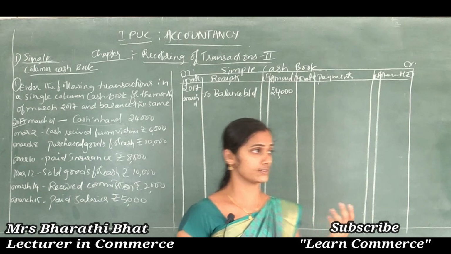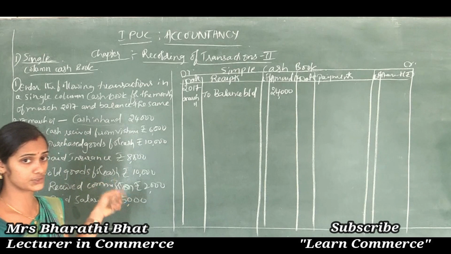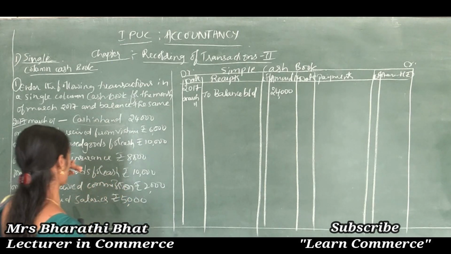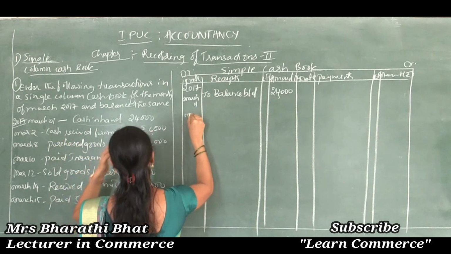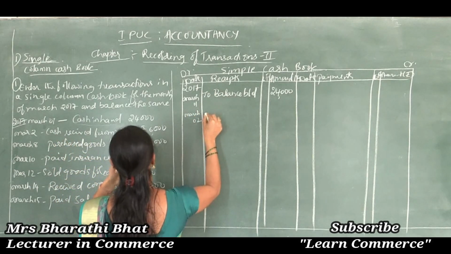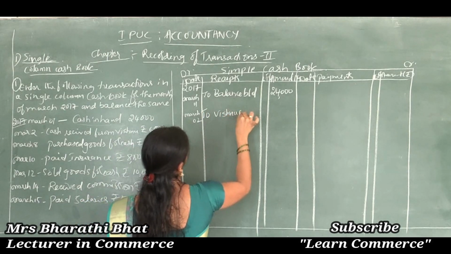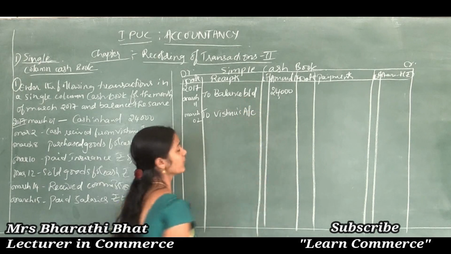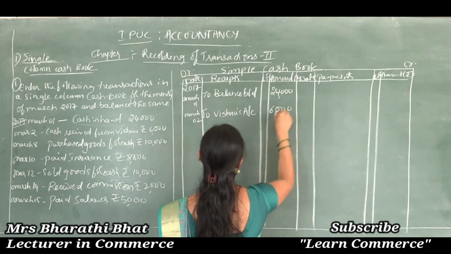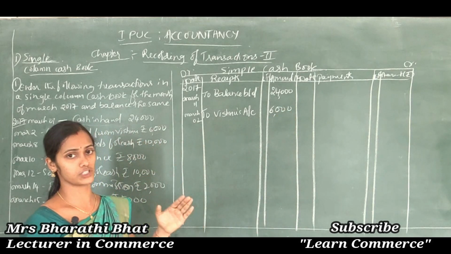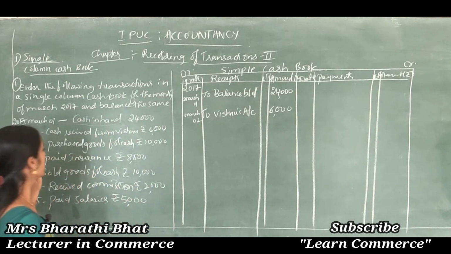Vishnu is giving some amount to this company or to this organization. So cash received, received means receipts. So March 2, to Vishnu's account. Who is the giver? Vishnu. Okay, so Vishnu's account 6,000. Suppose cash paid to Vishnu, then by Vishnu's account, like that. Clear? And the next one is March 8,